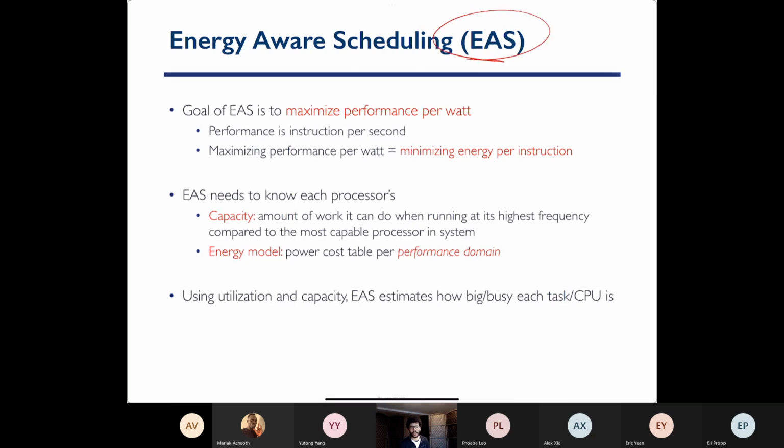This is another scheduling policy available in Linux. The goal of this scheduling policy is to minimize the amount of energy that your tasks consume. Now, different tasks, or different threads, consume different amounts of power. Not all of the applications that you're running on your system are the same when it comes to their power